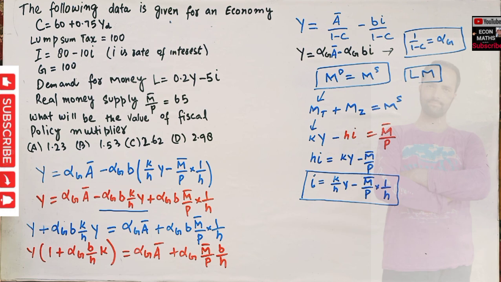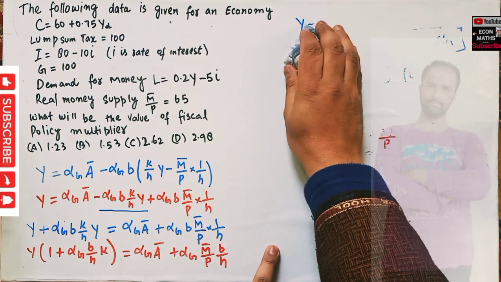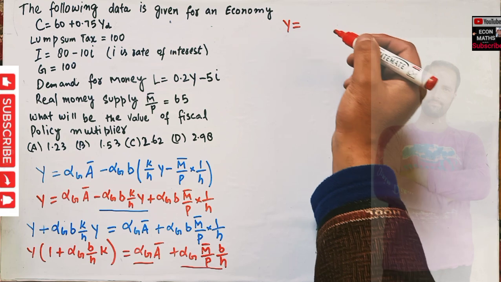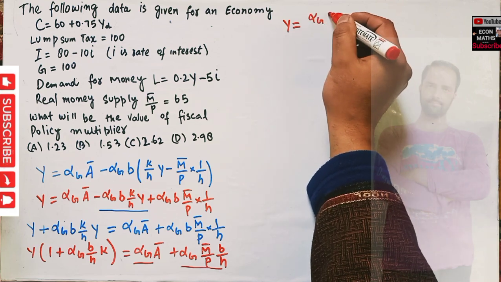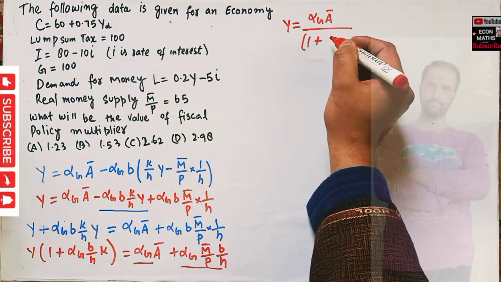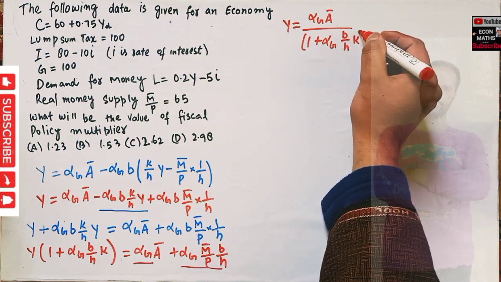Now what we can do here, I am short of space, so let us rub this out. Okay, with very heavy heart I have to rub this out. So if we transpose this term to the RHS, it will get multiplied to this term and divided to this term. So I can write Y is equal to alpha g A dash upon 1 plus alpha g B upon H K,